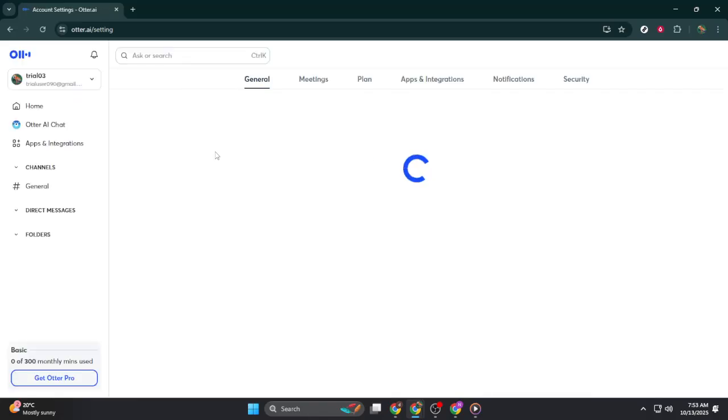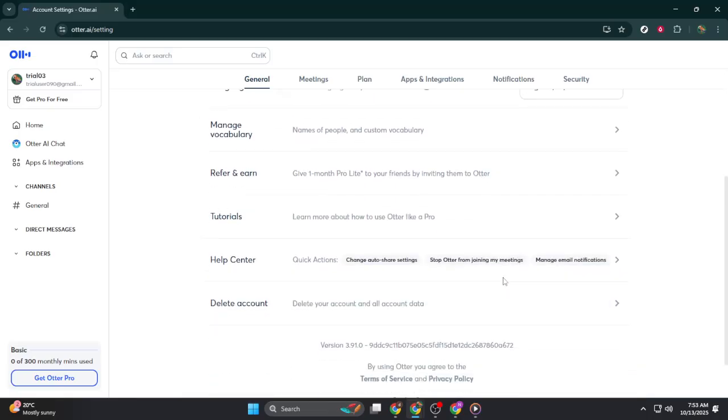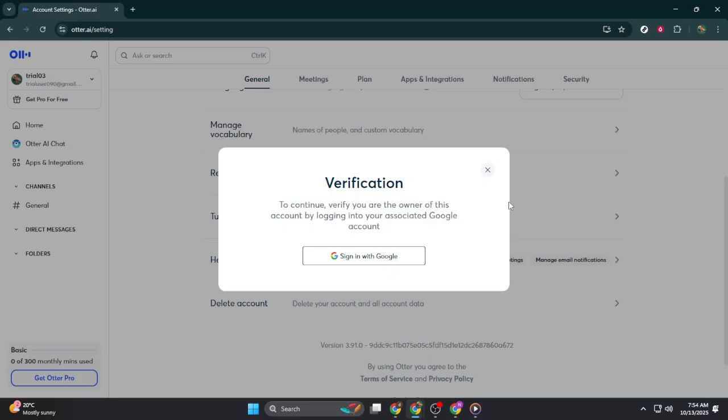Now let's proceed to the account settings. Within the dashboard, you'll typically find this option located in a drop-down menu. Click on it, and this will bring you to a page that houses various settings that allow you to manage your account preferences. Next, you'll want to click on the General tab or section. This section includes fundamental settings regarding your account's general configurations and is a step closer to where we can begin